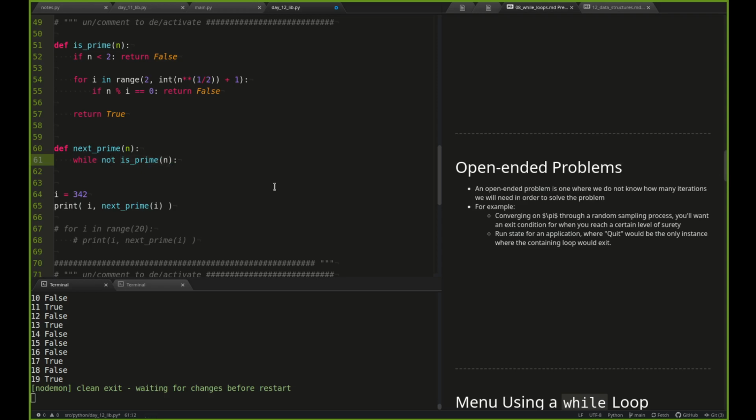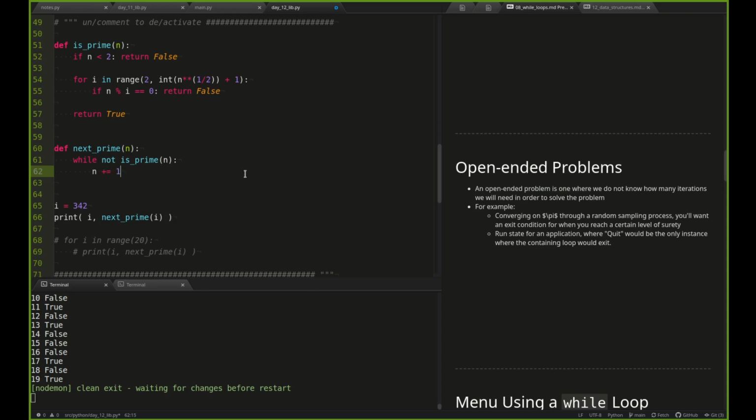So I just want it to be the opposite of that. So I throw a not in front of it. And it's a little bit clunky, kind of pidgin English, right? While not is_prime(n) is kind of like saying while n is not prime, but we're constrained a little bit because Python. So while not is_prime(n), then